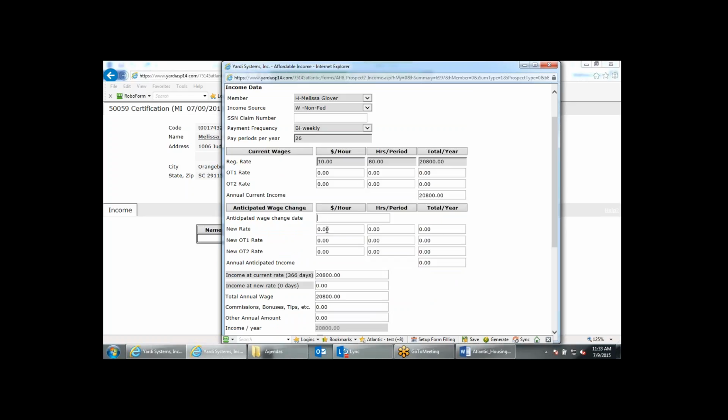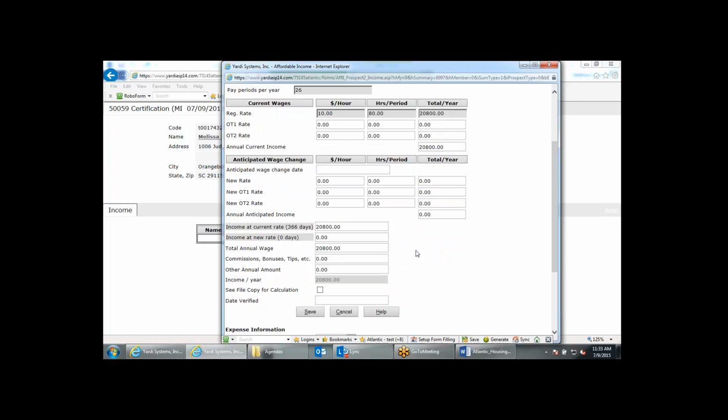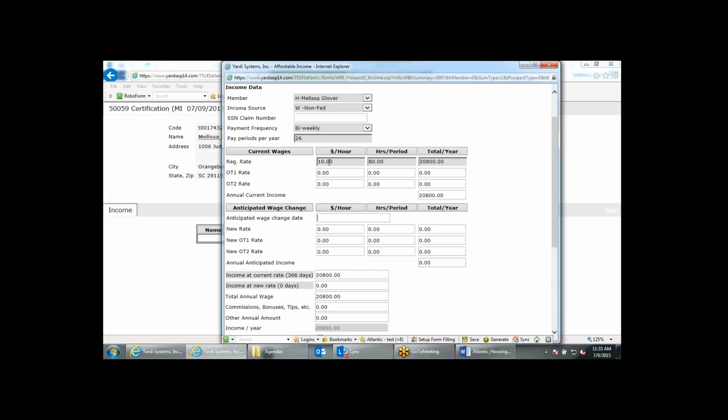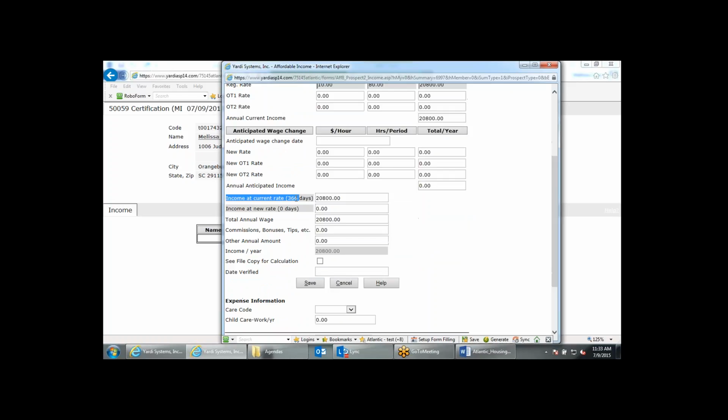So if I'm working full-time at 40 hours a week and I get paid biweekly, my hours per period is going to be 80, right? Because I'm working those 2 weeks at 40 hours a week. If there was an overtime rate or a second overtime rate, we can add that in as well. Also, if there was an anticipated wage change, we could add that in. So starting on a particular date, we can also add in a new rate change, right, and new overtime rates